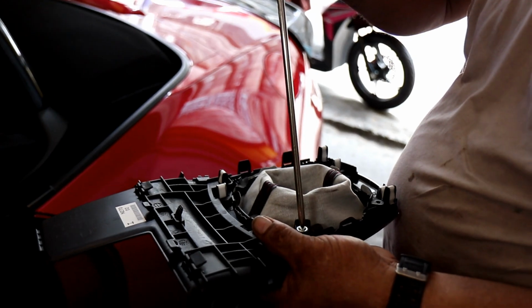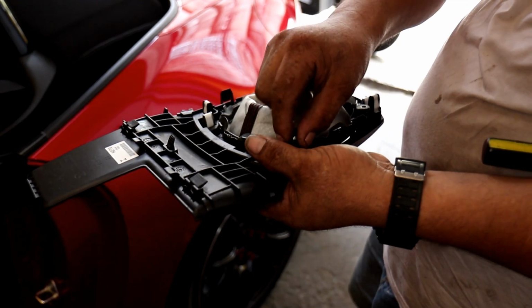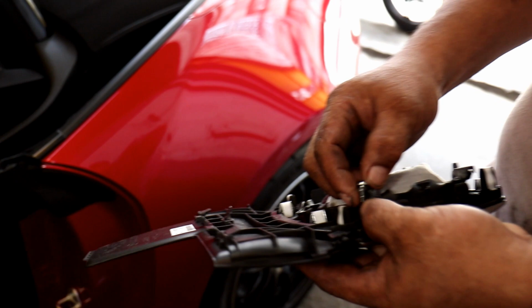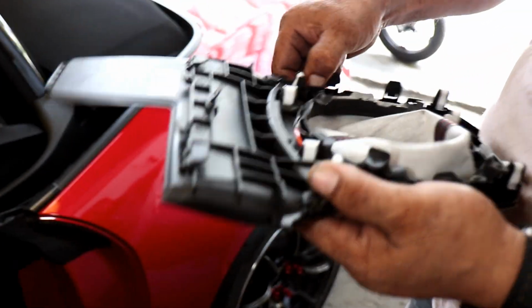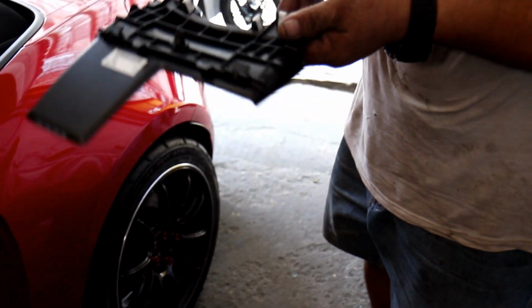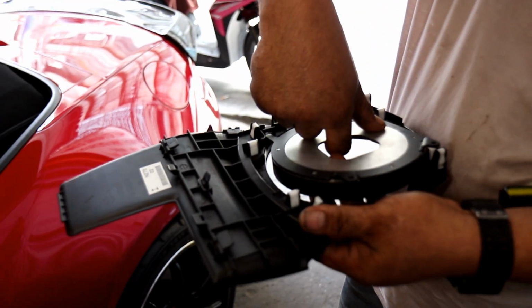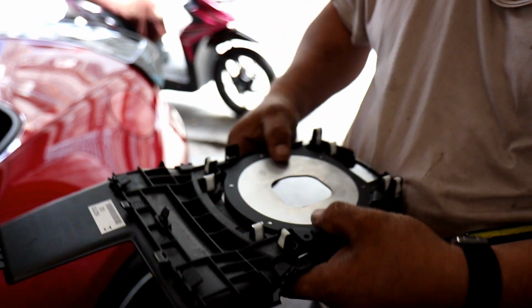Since I also bought the Cravenspeed shift plate cover, instead of reassembling the entire center console shift area, we are going to install it at the same time. So all you need to do is just remove the screws of the leather shift boot right there, and there are 2 clips. Yep, easily done. And then now you're going to install the actual shift plates over there. So you just put the clips in and then put the screws in. Pretty much the same way as how the leather boot would go in, but this time it's an anodized aluminum